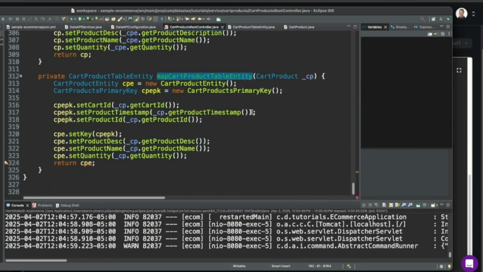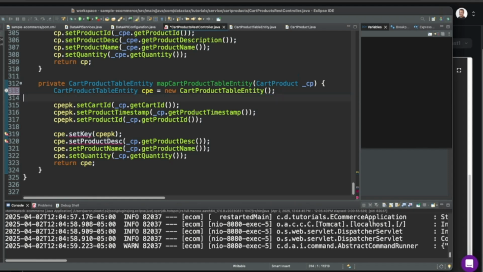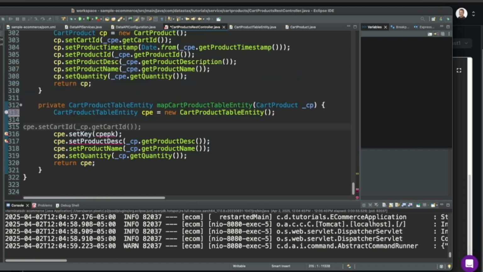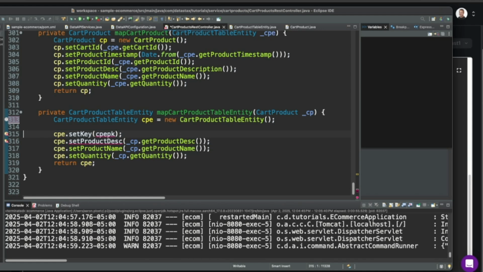Okay, and then down to here. We don't need a new primary key. And we need the full product description.